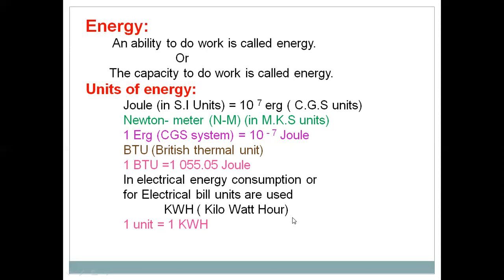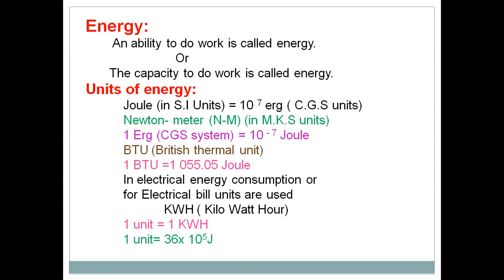Of course, nowadays we are not using this 100-watt bulb because its efficiency is less. Nowadays we use tubelights with 40-watt capacity, and then 25 hours are required for getting 1 unit. Nowadays, of course, we are using LED bulbs of 10 watts. When we use a 10-watt bulb continuously for 100 hours, it consumes only 1 unit.